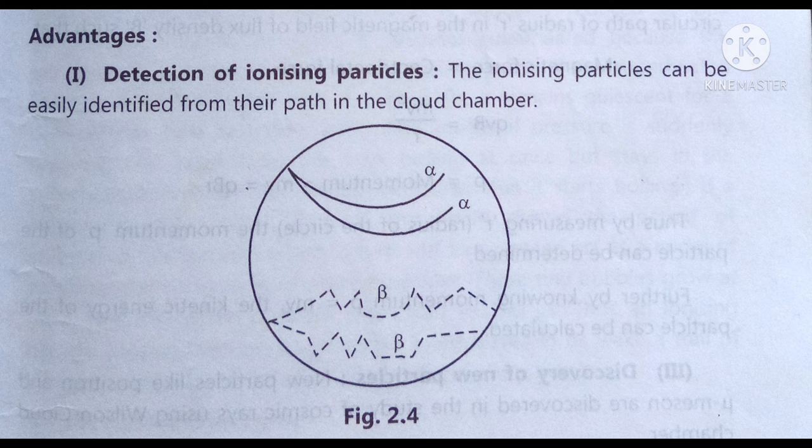For example, alpha particles, which are massive and slow moving, remain for a longer time in the vicinity of molecules and hence they ionize a large number of them. Therefore, the tracks of alpha particles are thick, short and continuous, as shown in the figure. On the other hand, beta particles are much lighter and fast moving. They remain for a very little time near a gas molecule and are easily deflected by collisions. Thus, their tracks are thin, crooked, dotted and zigzag, as shown in the figure.